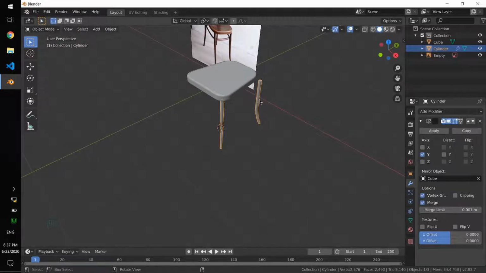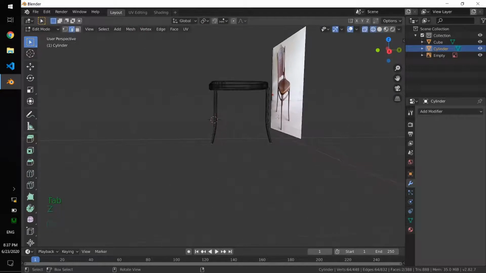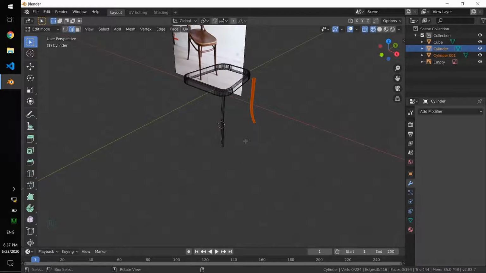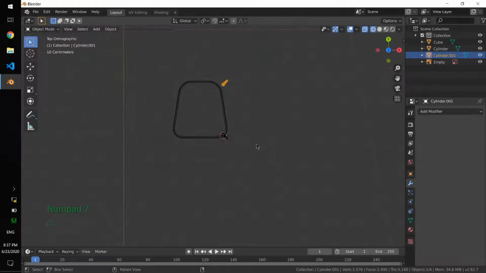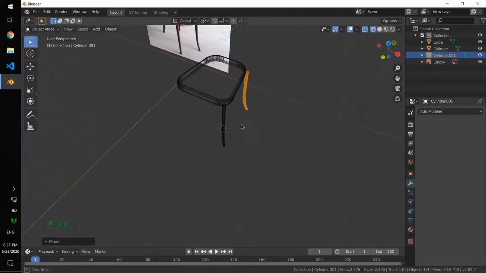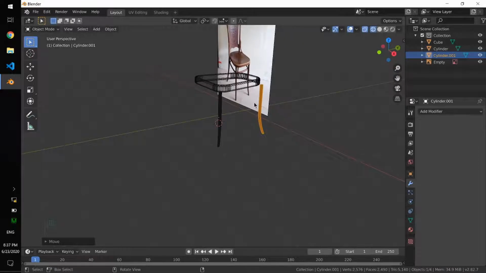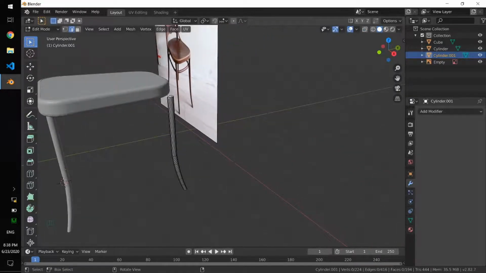So in order to work on this, because after mirroring it is one object, we need to go in edit mode and Z and select this part. Press P and separate selection. Now it is a separate object. We can go back and select it alone and go to front view. Position it right according to the main object. And now we can go in edit mode, go back to this view, and we can select,